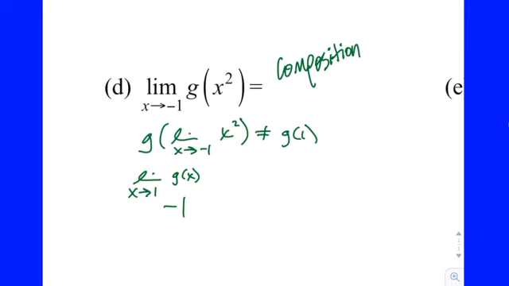This one's another composition because it's not just g of x, not g of f of x, but it's g of x squared. So x squared, bring it inside. Again, we know that's a parabola. It's continuous, so the limit's the same as the function. So you can evaluate that limit by direct substitution. So -1 quantity squared is 1. But again, if you get into the habit of just making that replacement in the same physical location, you can get bitten, right? So it's not equal to g of 1, but rather 1 is now the new general limit